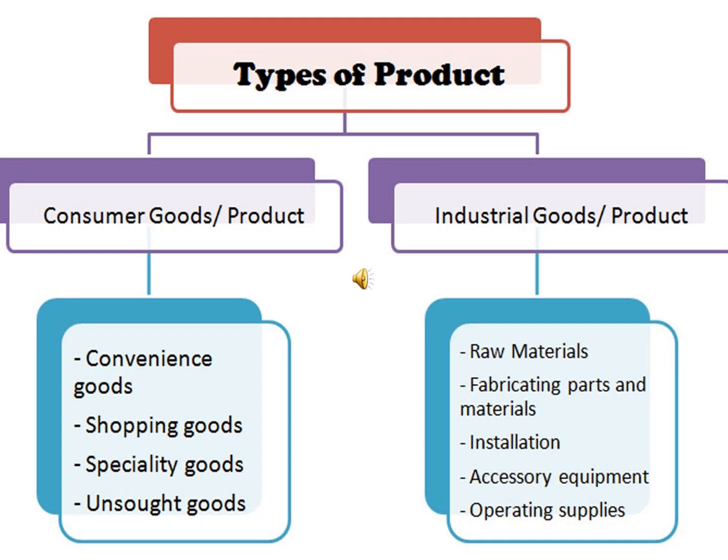Now let's go on to the other type of products or goods, that is, the industrial goods. Industrial goods are products purchased by businesses or organizations for further processing or for use in conducting business operations. Firstly we saw that consumer goods were goods used by the final consumer, but industrial goods are those goods which will again be used in the production of the final products. So let's dive into the other parts of the industrial goods.